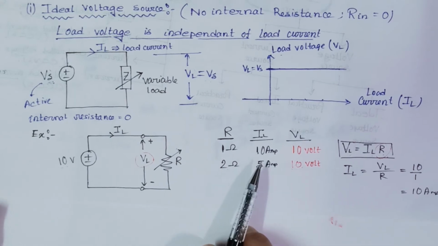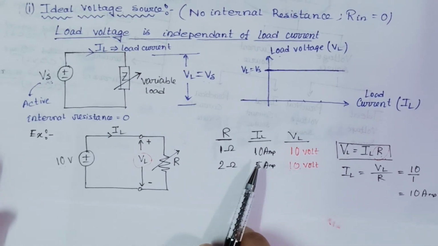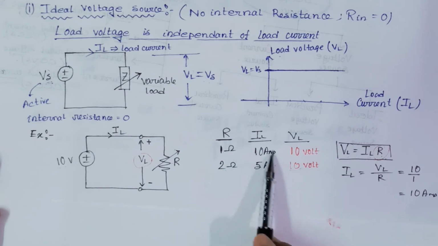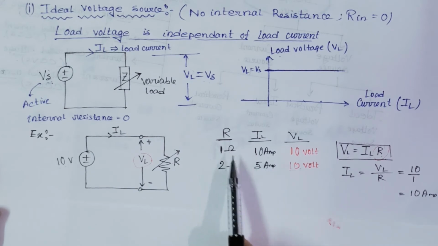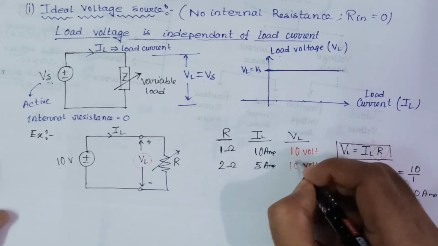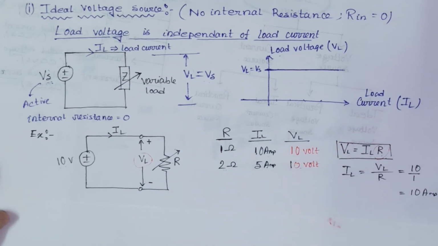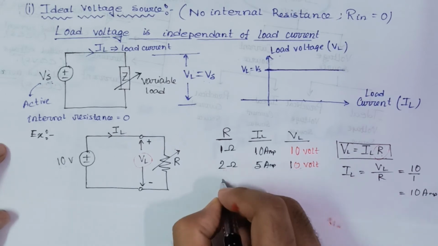It is decreased. Why? Because the resistance in the circuit you have increased, and in your first lecture I have already told you that the function of resistance is to oppose the flow of current. So it is opposing the flow of current. Initially it was 10 ampere when the value of resistance was 1 ohm. Now the value of resistance you have increased, that is why the current has decreased. Nothing more than that. But see that load voltage is again 10 volt. There is no change in the load voltage.